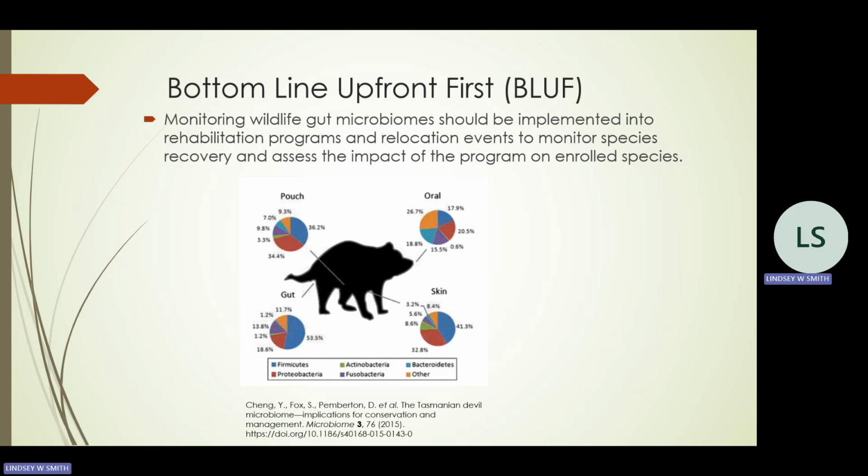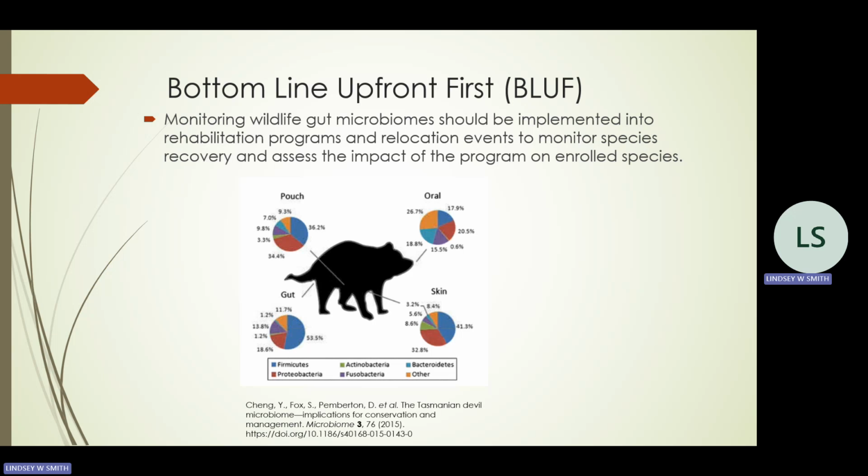So what they did find in this first paper was that the ratio of firmicutes to bacteroidetes significantly differed when looking at captive animals versus wild animals. So it's interesting to note and to learn that wild populations have a higher ratio of firmicutes to bacteroidetes. This is a ratio that's also known as the obese microbiome. So typically you see the alternate,